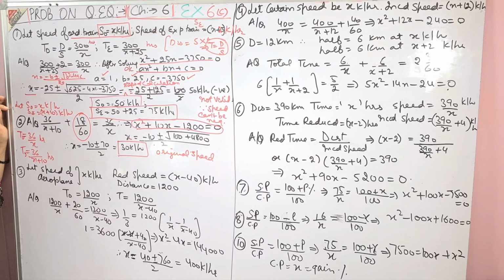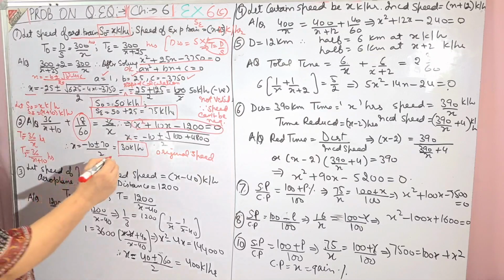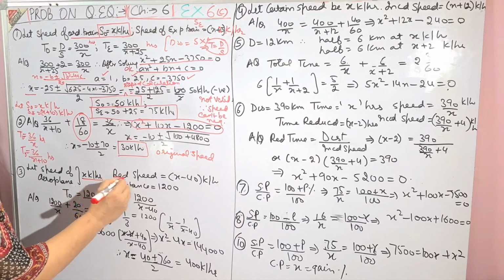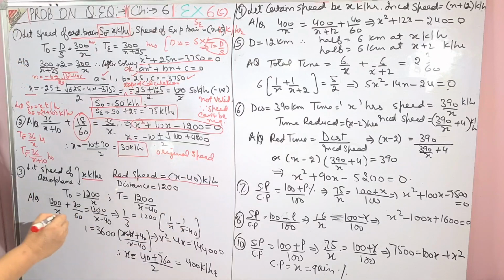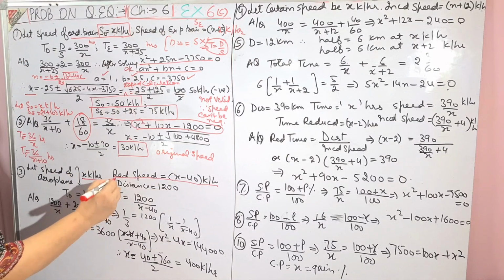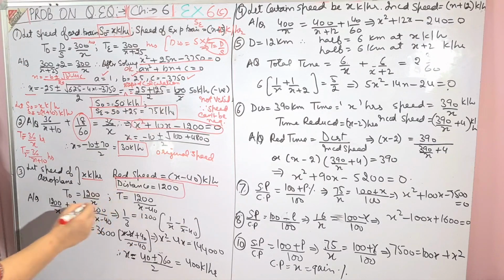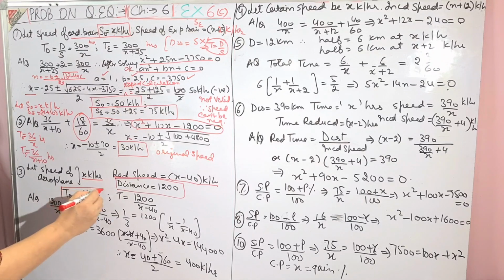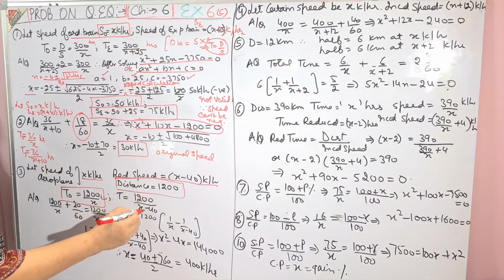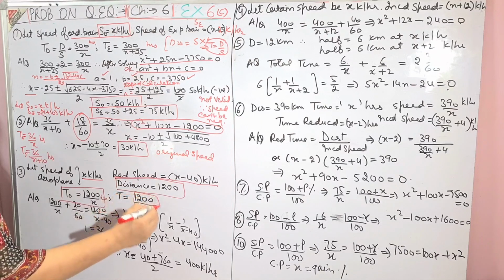If the speed of the aeroplane is reduced by 40, let the original speed be x kilometers per hour, and when reduced, the speed will be x minus 40 kilometers per hour. Now the distance given is 1200 kilometers. You find out the time. Time for the original speed is 1200 upon x hours, and time for the reduced speed,